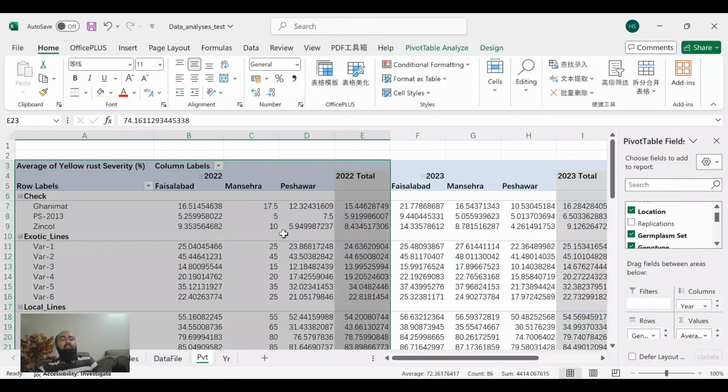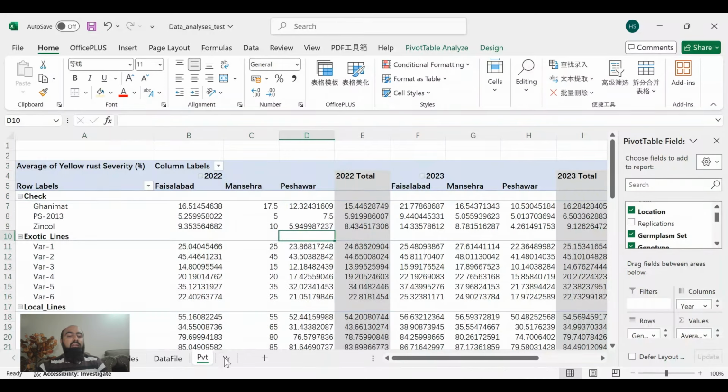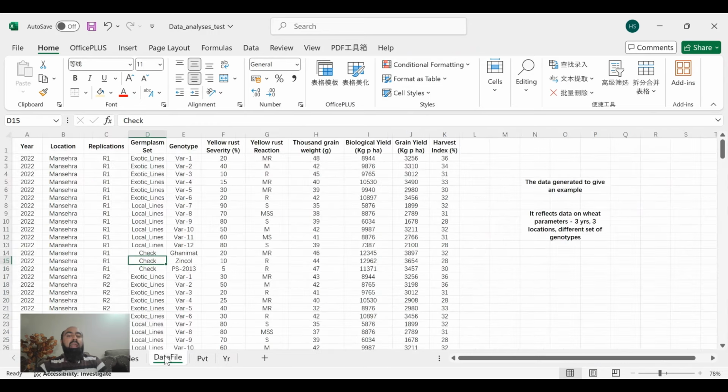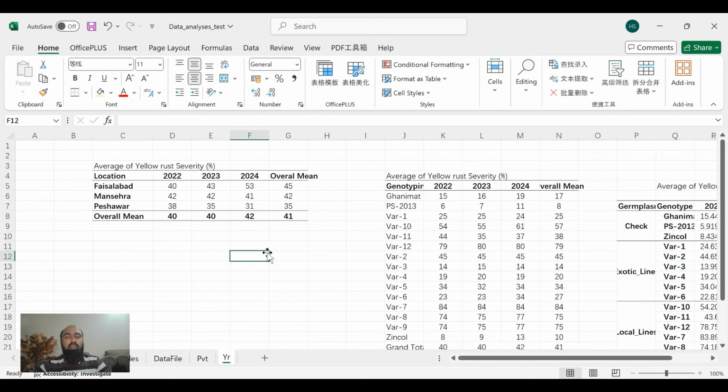So you can copy this one as well and make the table there, right? I will not do it. You can try it, and if you have any difficulty, I can make another video on it. And you can do similar things on the 1,000 grain weight, biological yield, grain yield, and harvest index. So you can do the same kind of tables for all of them. Now I will go to